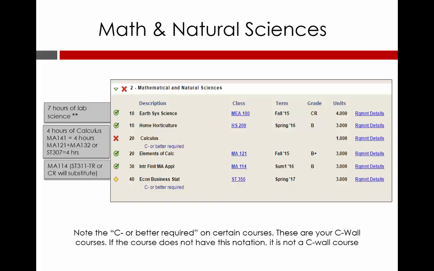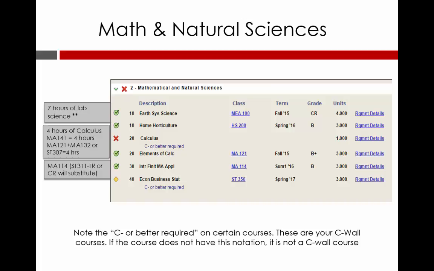The next session we will cover contains your math and natural science requirements. You must complete 7 hours of natural science. One of those courses must include a lab. The student on screen earned AP credit for a 4-hour lab science course and took an additional 3-hour science course with no lab. You can click on the requirement details if you would like a list of options you can